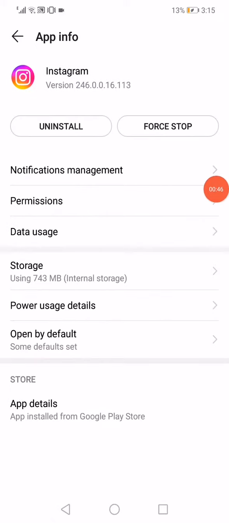So go back. Now all you have to do, the last step, is click on this force stop and